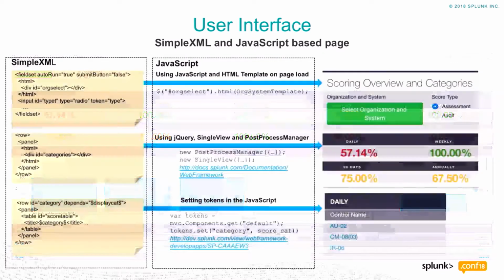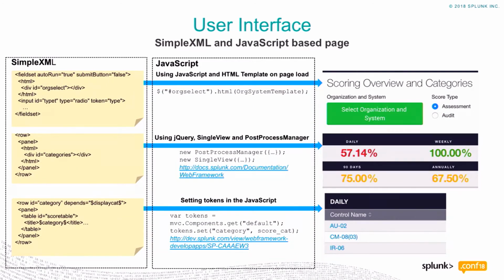So the three ways we did this is for the input, you put an HTML section inside the field set, and then we use an HTML template to replace that with the button that we needed and the dialog that went along with it to actually show that stuff. For the